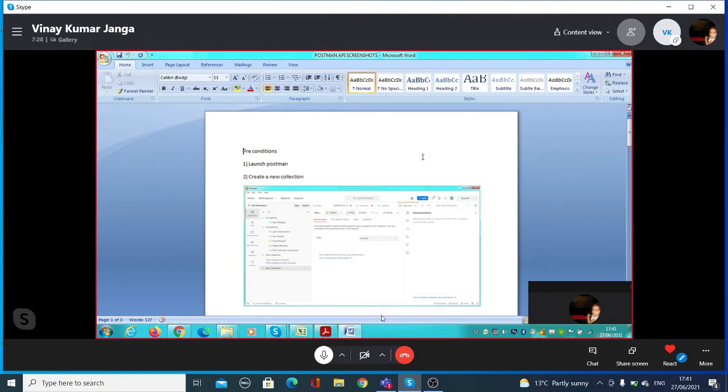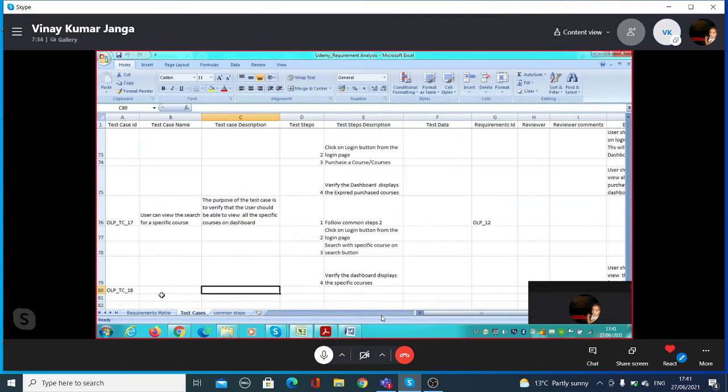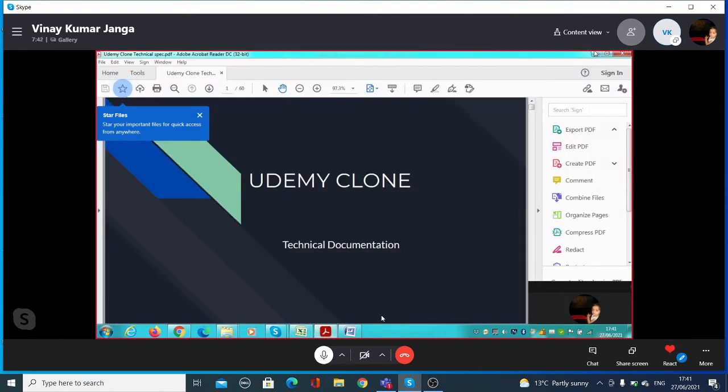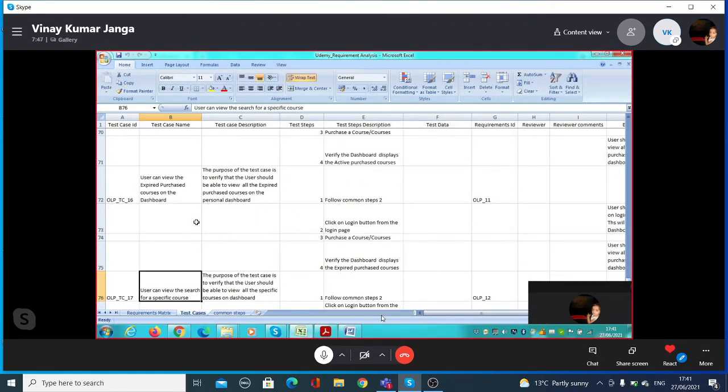So this is the API, yes. Go back to the homework you did. The user can view and search for a specific course. I didn't do it from this one, I did it from the website. Okay, even if it is for practice, you can do it from anywhere. It is just a matter of steps only, but when we do it, we need to follow the requirements. This is the basic stuff.